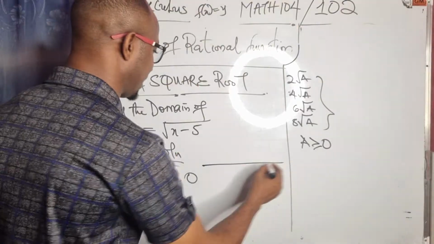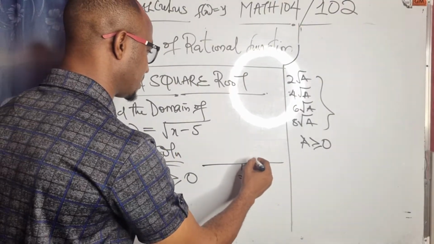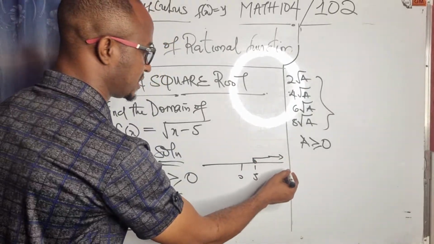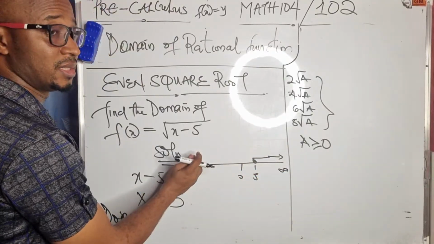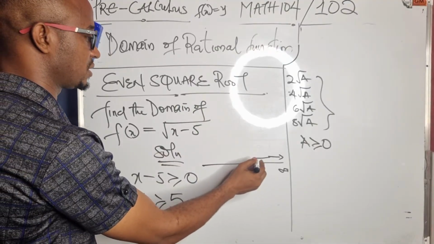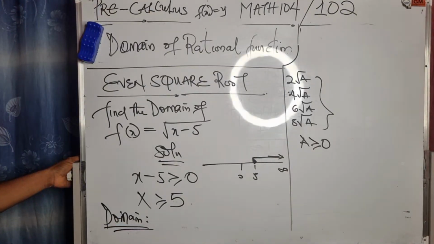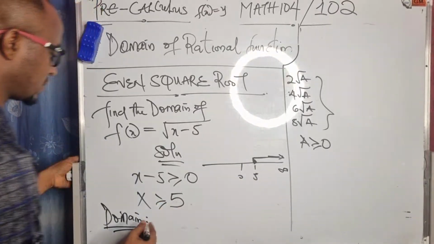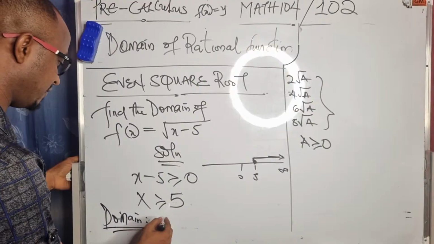So from the number line, if I have 0 and I have 5, it means that from this point here going this way are the numbers. This is positive infinity. So all these numbers here are not included. Numbers that are included in the domain are simply from 5 to positive infinity. Now let's see how we can write the domain. Domain becomes 5,